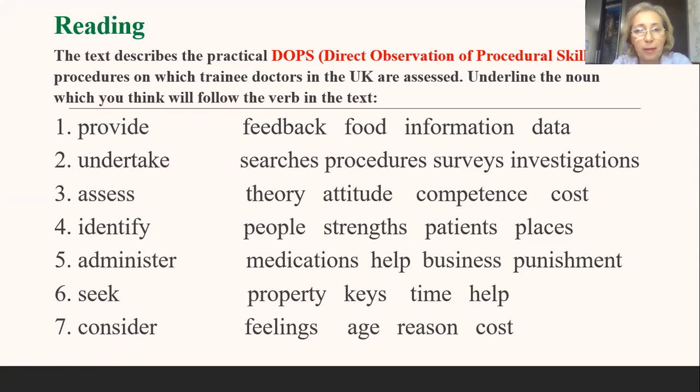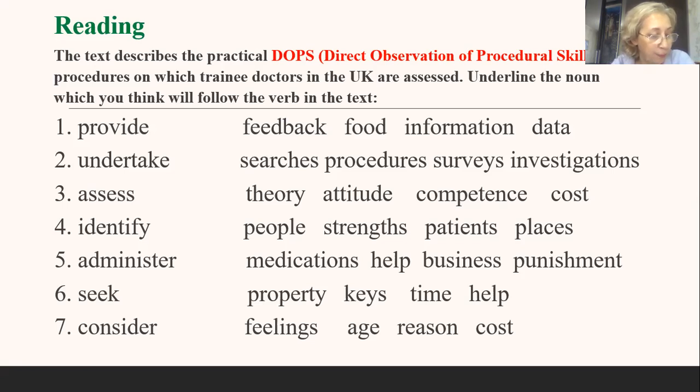So, here on this slide, we can see some verbs, and we should choose the noun which you think will follow the verb in the text. So you do remember that this is about assessment of some practical skills of doctors. And so in the first line, number 1,